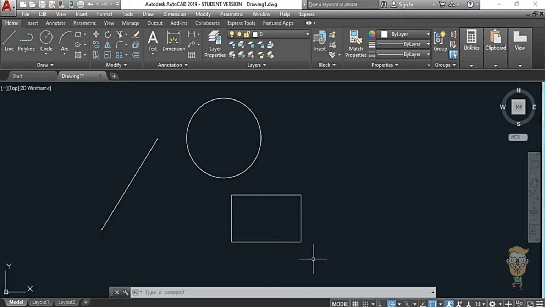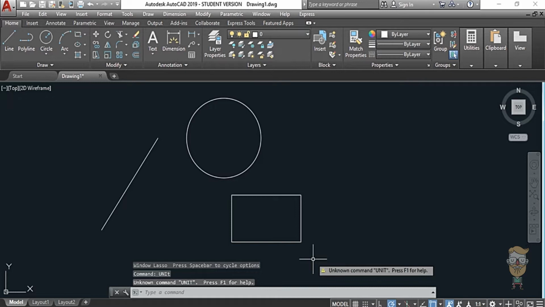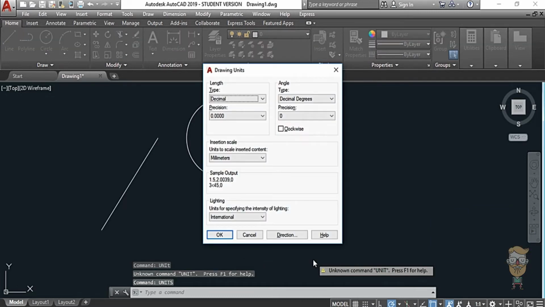But we have to set up the dimensions and units as well. You have to type anywhere. Just type units. Press enter on the keyboard. I'm sorry, I guess I typed it wrong. Units. Enter. Okay. You can see that some kind of window has appeared to you, and the title of